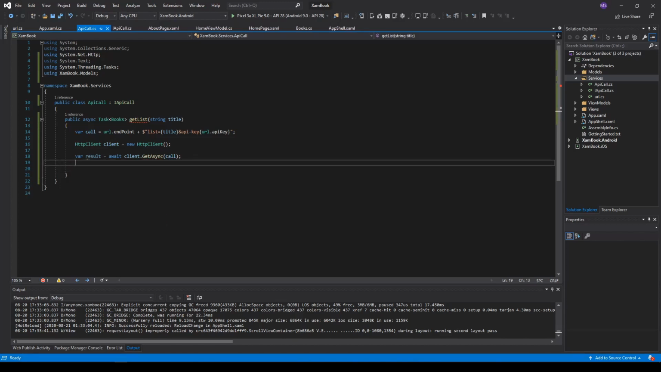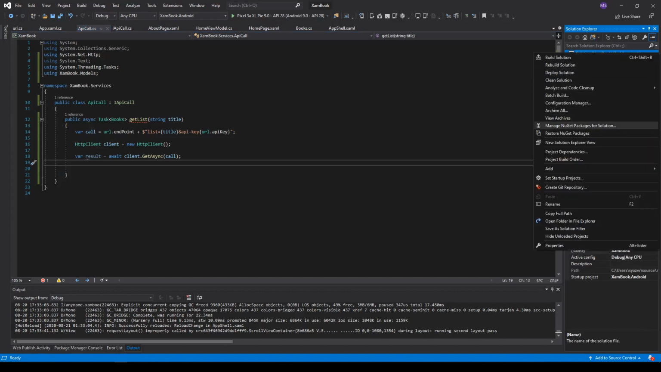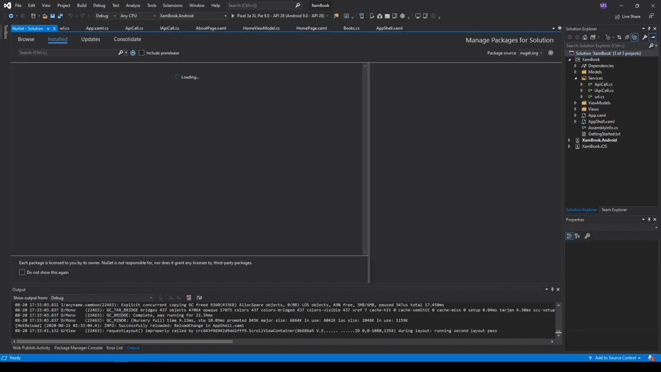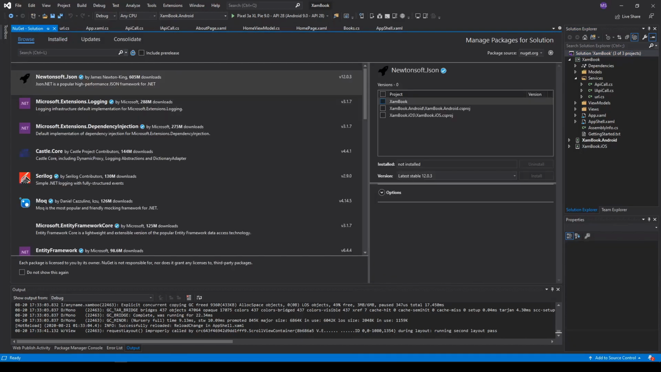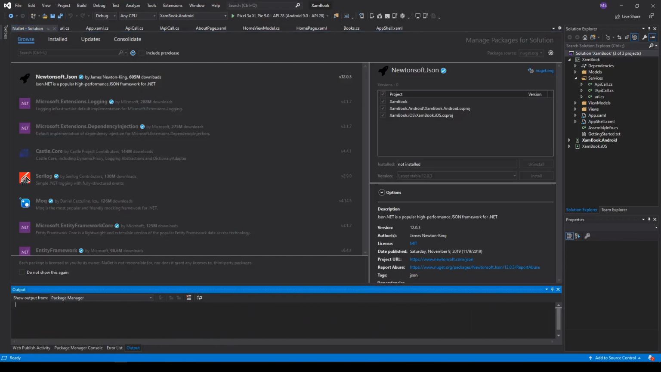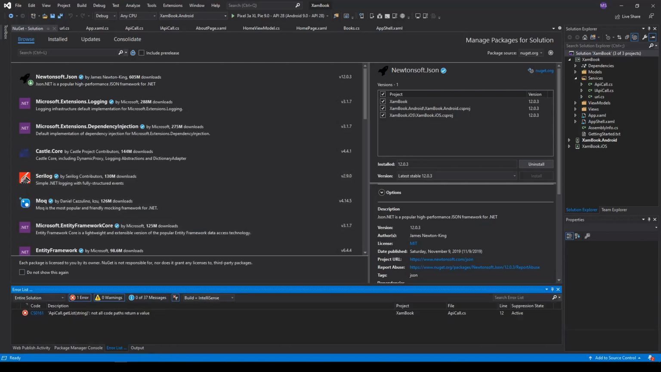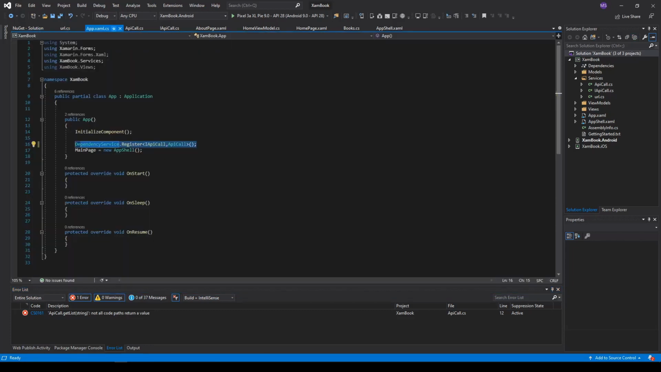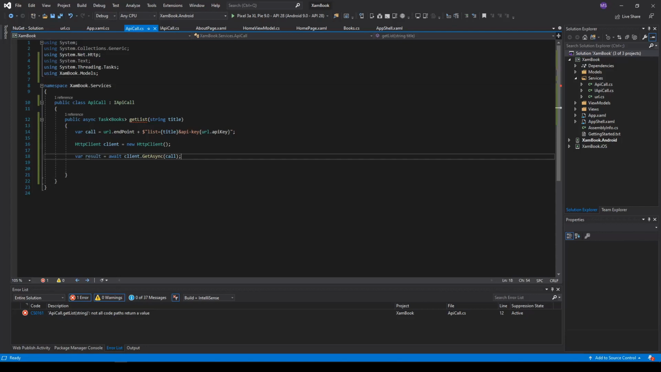Before that, let's right click on the solution, manage NuGet packages, and install Newtonsoft.Json. Install. Okay, and then go to our API, which one, APICall, and then